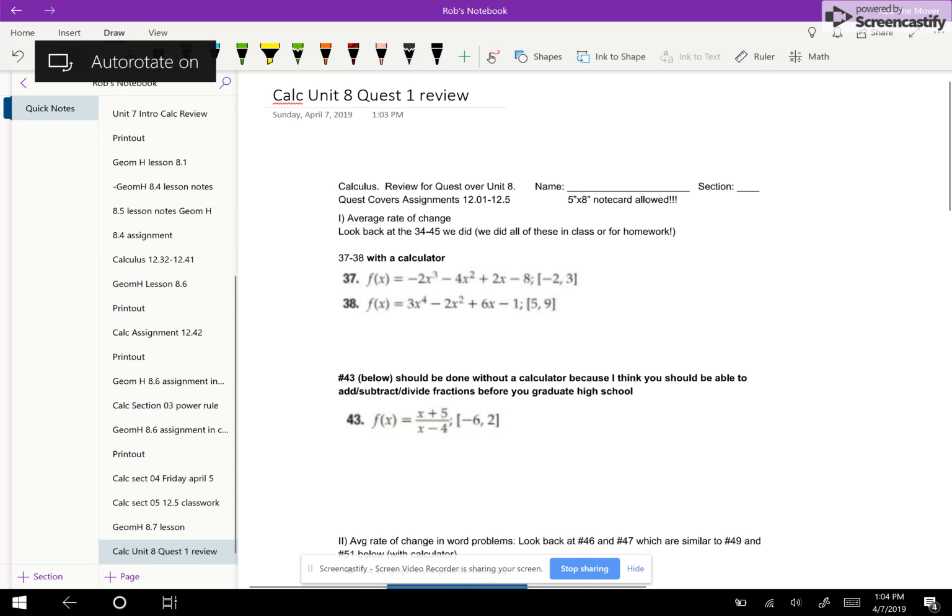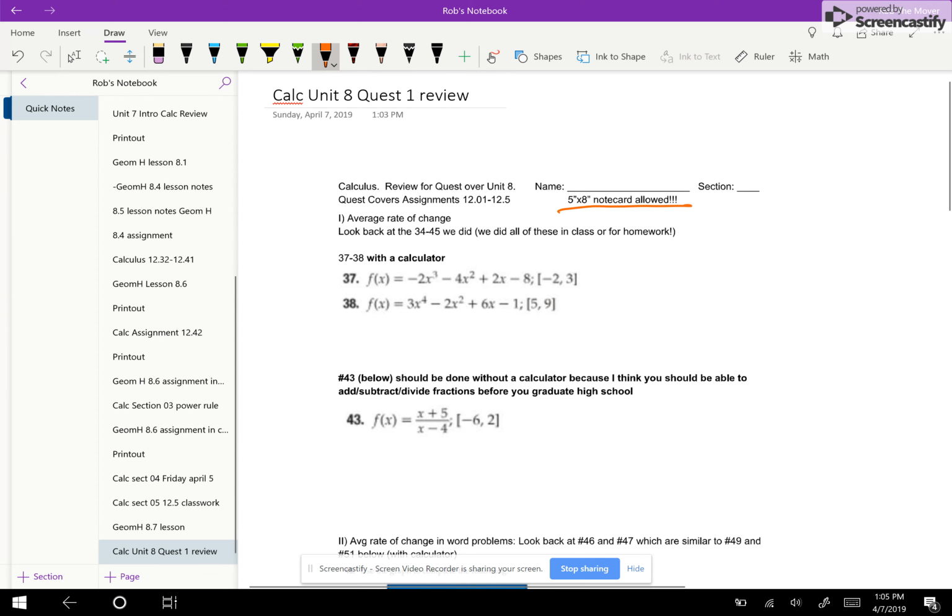Okay, we are working on our review for the quest coming up in a few days. And I noted on here that a 5x8 note card is allowed. Of course, if you have a smaller one, that's fine as well. Maybe you want to write some formulas in. I don't know what you want to do there. You could write examples on there, whatever you can fit on the front and back of a 5x8 note card